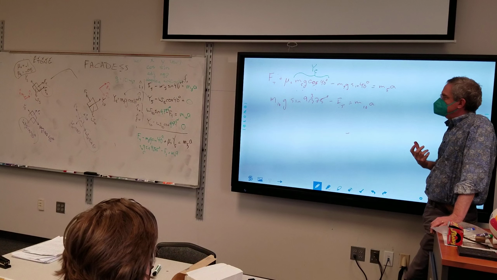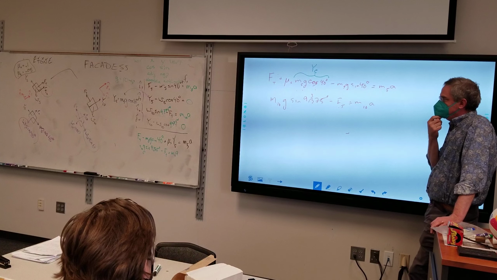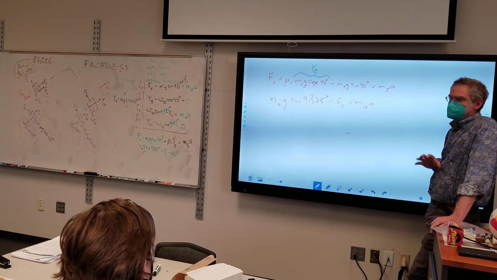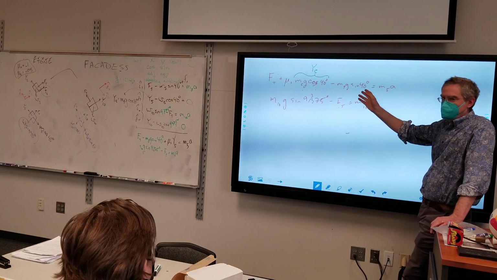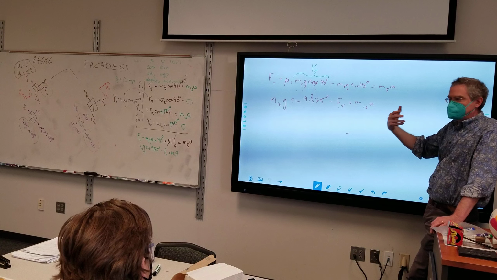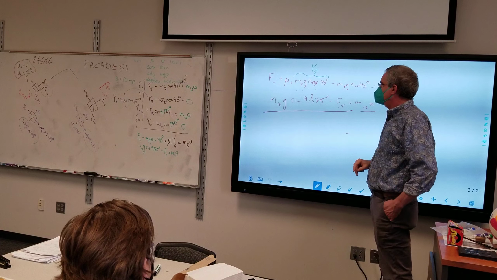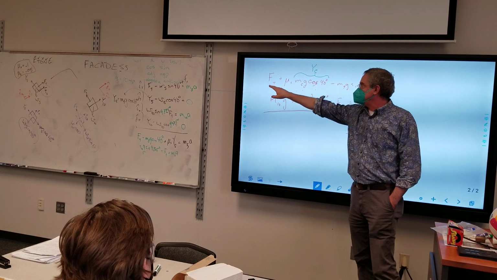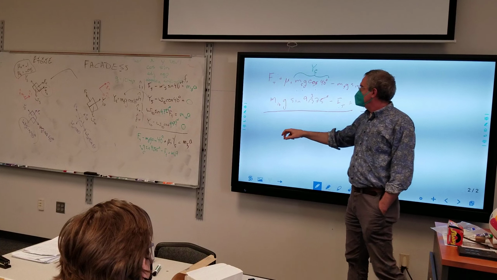And solve. We have two equations, two unknowns. I'm going to solve this slightly differently than we did before, where we solve for FT in one equation and plug into the other. We can save a little bit of time if I just add the left sides and add the right sides. Because I have a positive tension here and a negative tension here, they would cancel out when I add them. So I'm left with